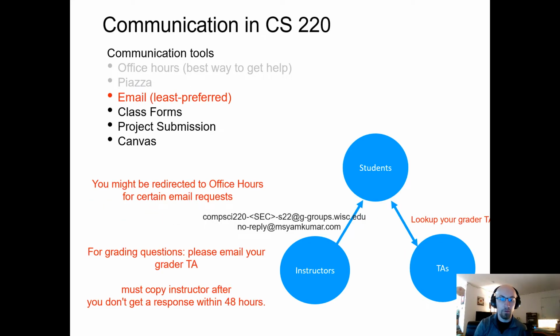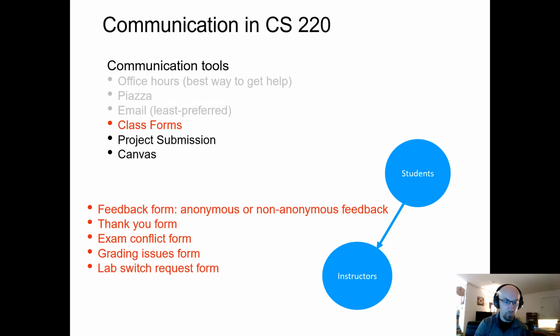Email from instructors is going to primarily come from our Google Groups email address, and this goes strictly from us to you, as well as the no reply email address. If you try to reply to a no reply email address, you will receive no reply. So if you want to reach out to someone individually, make sure that you're using their email address. But if you can, keep questions to Piazza because it's much easier to organize there. Also, if you don't get a response within 48 hours, make sure you let us know, and we'll get back to you then.